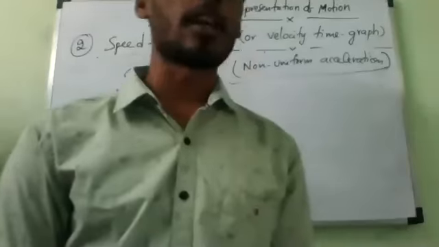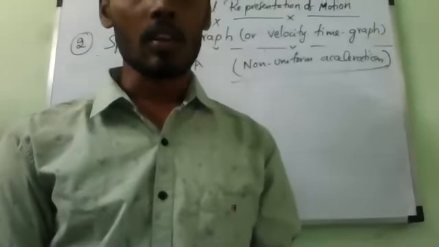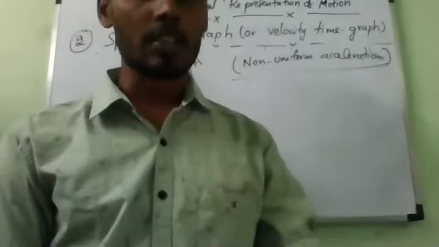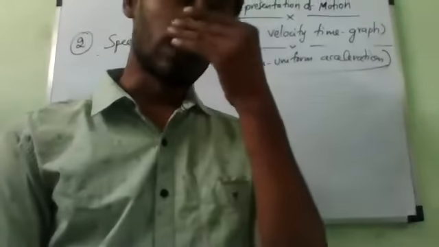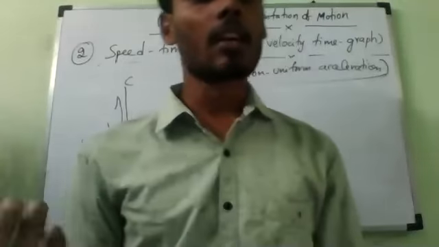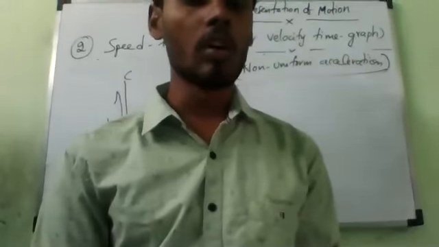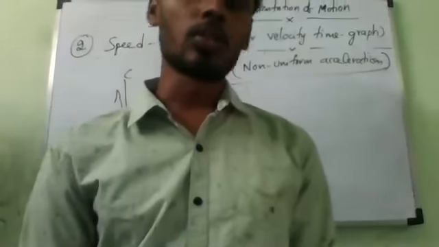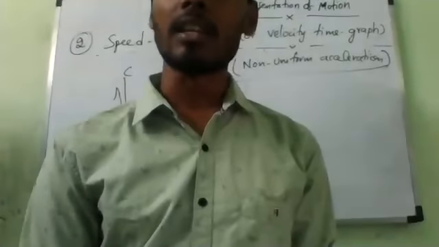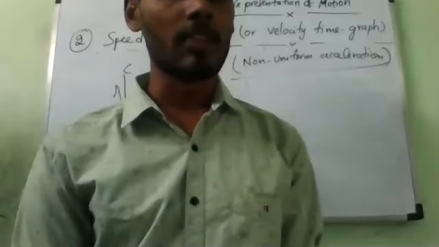Understood, sir. Okay. Then if you understand this, next class we'll solve one numerical. Later only we can go to the next concept called the graphical representation of equations of motion. Last class we studied mathematical derivations. Later we'll study graphical derivations. I will teach you slowly, one derivation a day. But anyhow, you understand this one, so that the derivations are very, very easy for you. So many cannot understand the derivations. If you understand this only, it will be very easy.